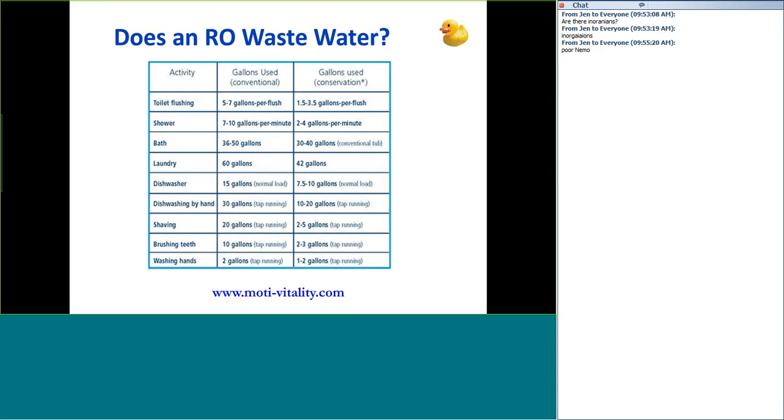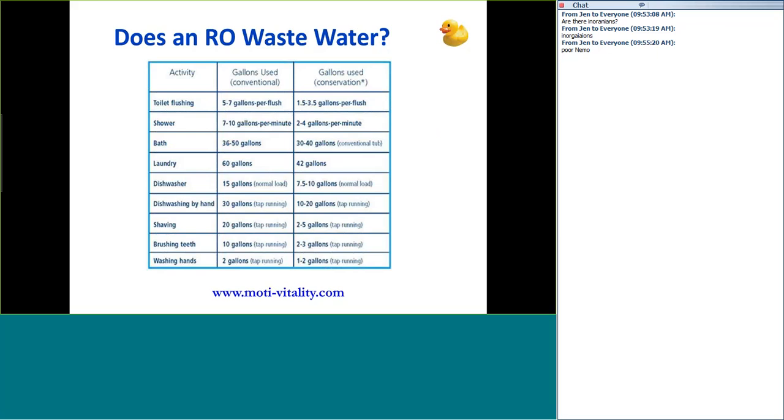All right, so here's one. Does an RO waste water? I hear this all the time too, and I'm not going to get into the long details of this, but when you have a customer that asks about this, let's put it in perspective. When I came into the industry almost 20 years ago, and some of you have been doing this longer than me, I know, but you'll remember,